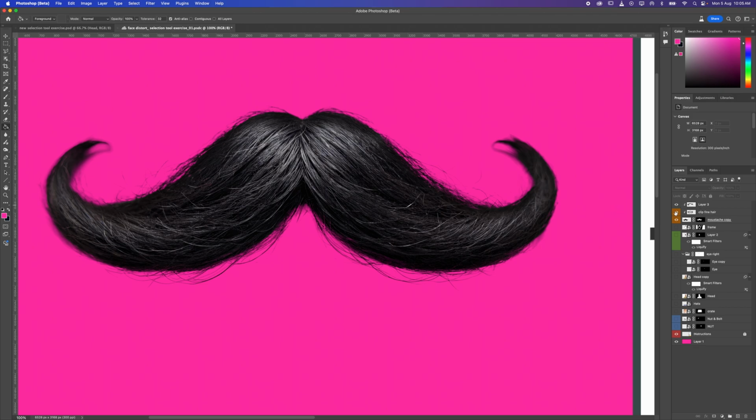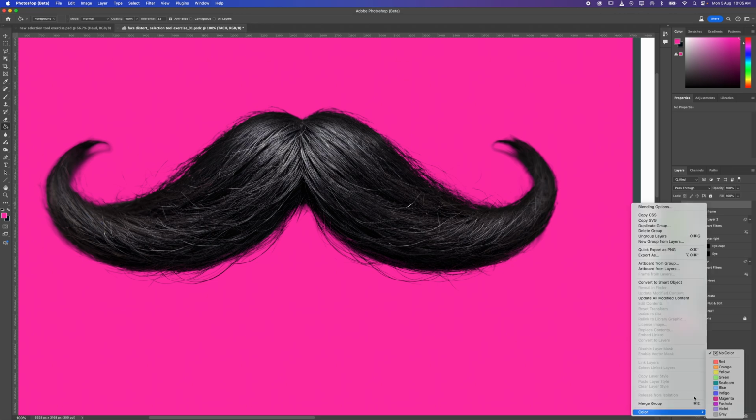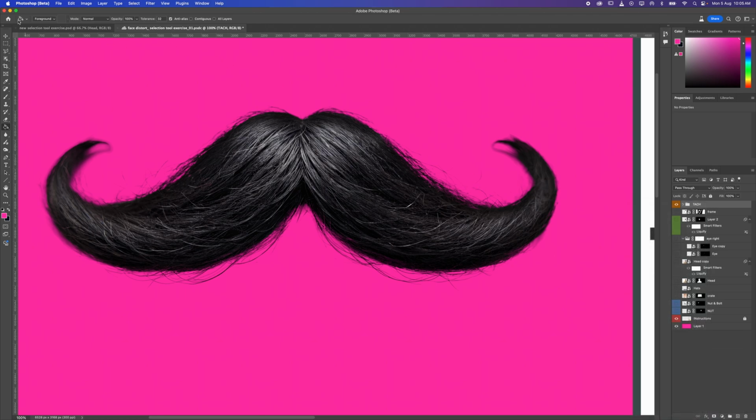Now, to try and keep all these clipping masks and stuff back together, if you do want it to be non-destructive, what you can do is shift select those layers and push the group folder. So if you've got multiple layers selected, it will create a group with everything in there. And I'm going to call this Tash. And again, give it a color to help you find it. And that way, when you move it about,